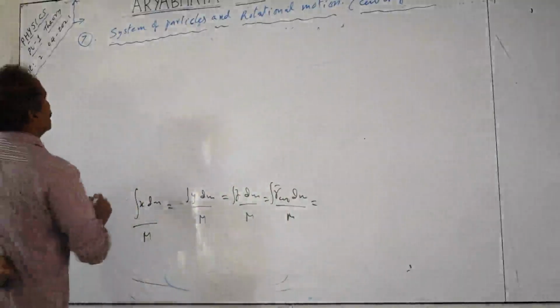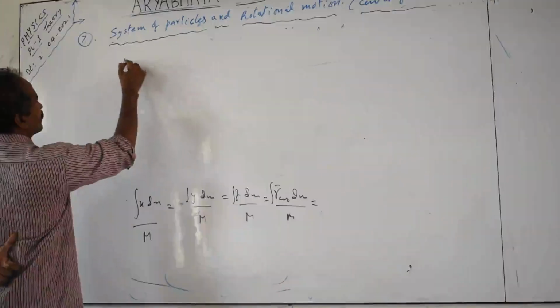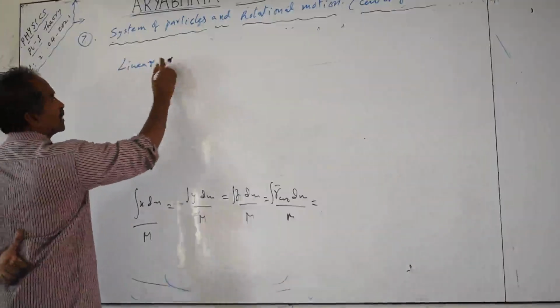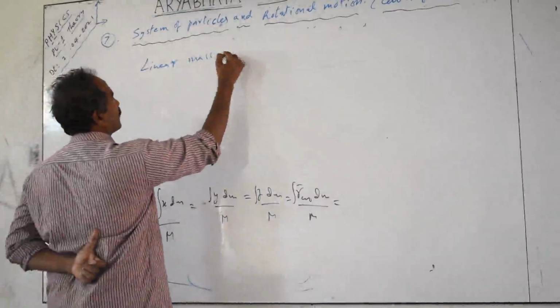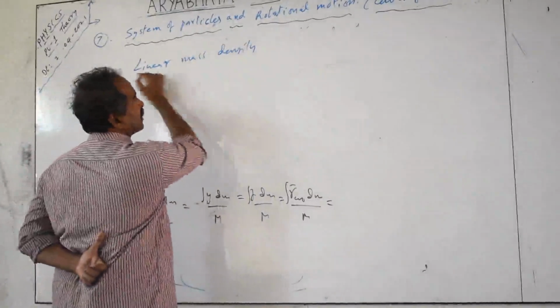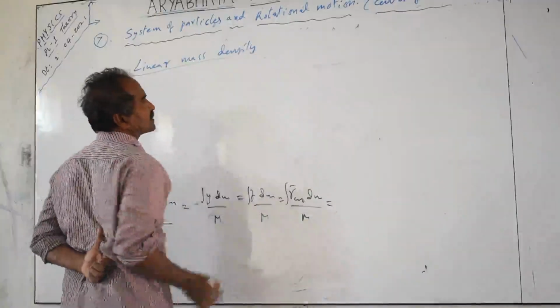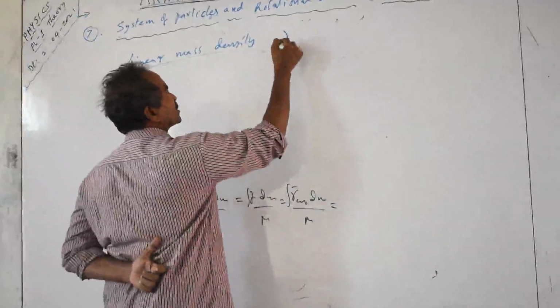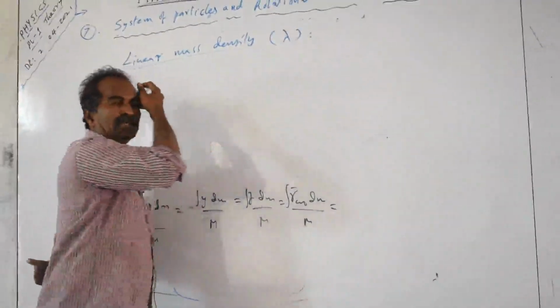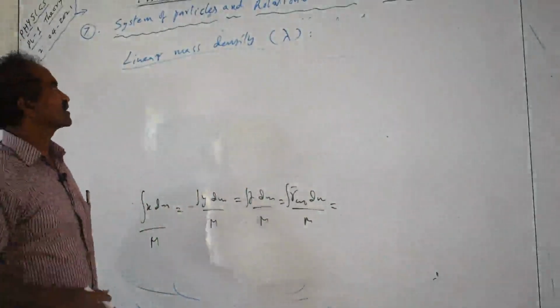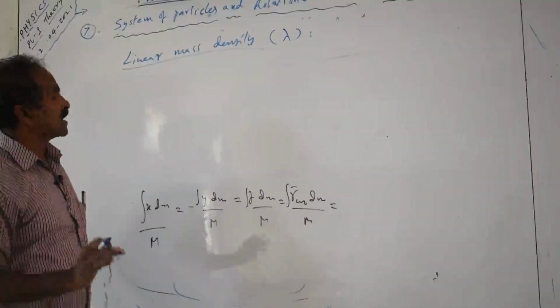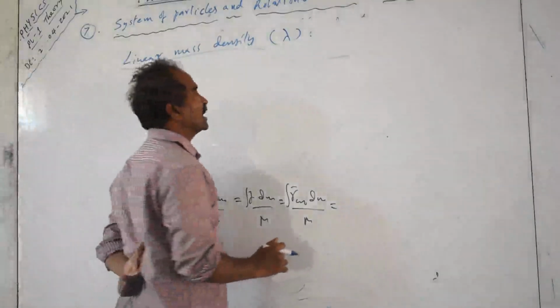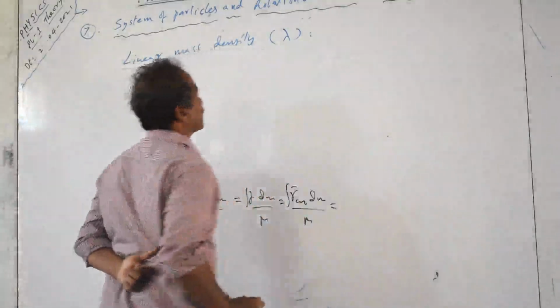Next is linear density, linear mass density, or simply called linear density. There is no fixed symbol for this. Generally, for electric charges in second year topics, we call it linear charge density along the length. It is one-dimensional: how the mass is distributed lengthwise is called the linear mass density. I am taking the symbol as lambda.